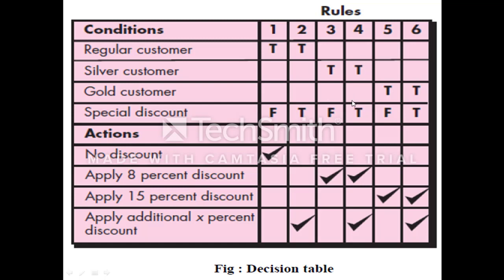The right hand quadrants form a matrix that indicates condition combinations and the corresponding actions that will occur for specific combinations. These are represented by using true or false and tick marks. Okay, so it indicates the condition combinations and corresponding actions.